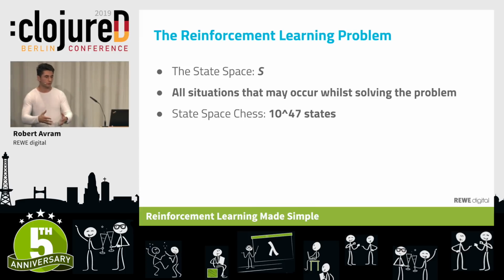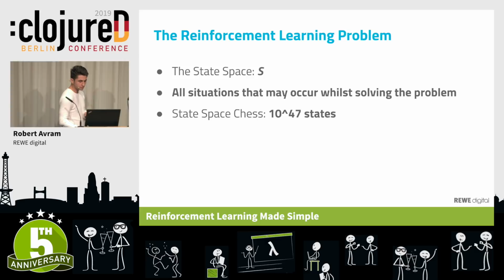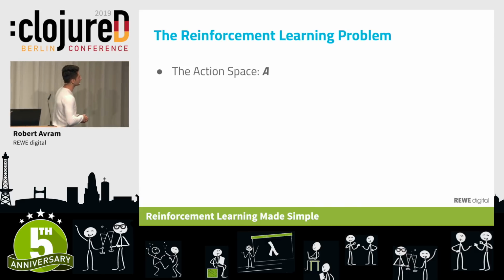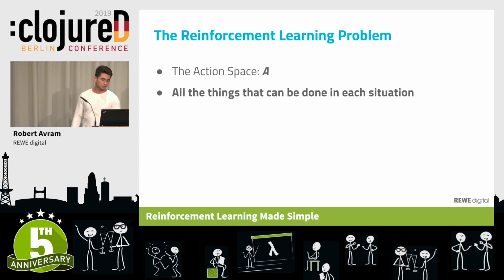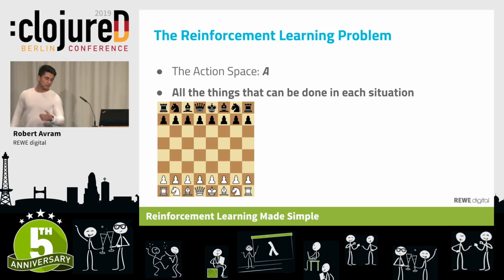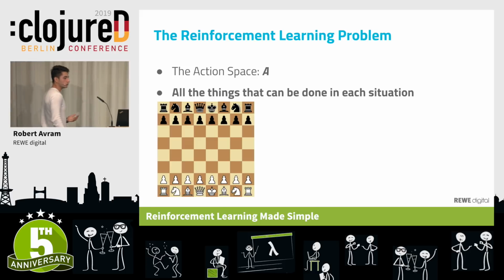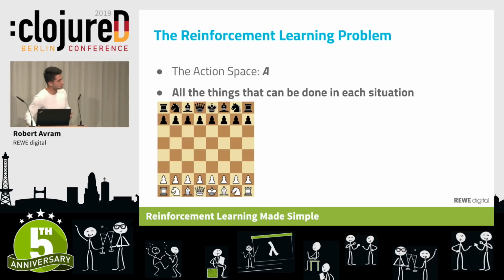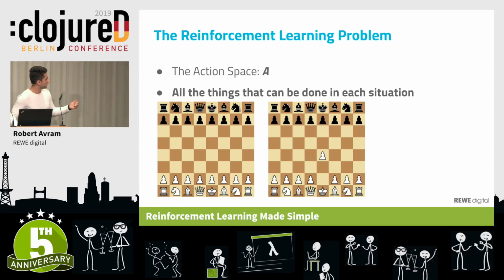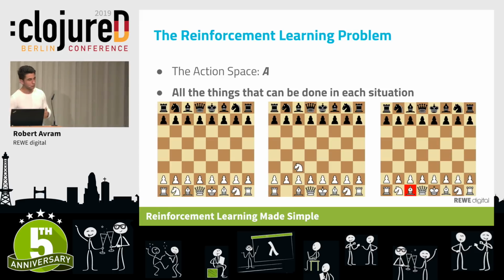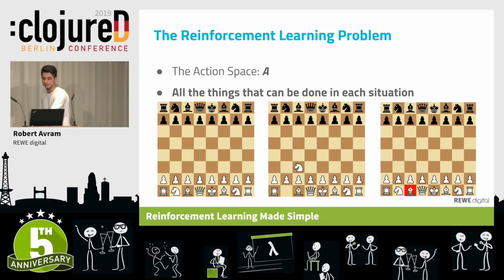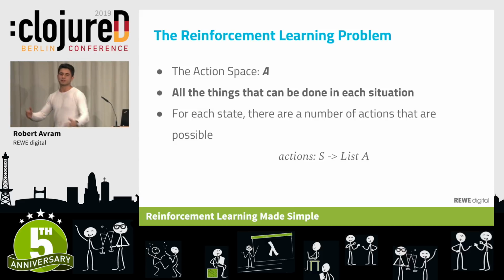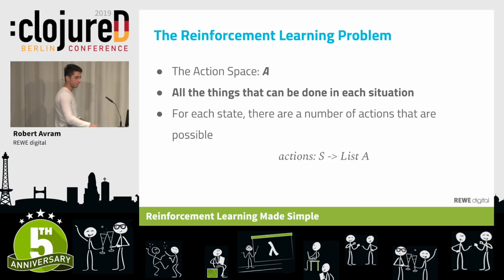There's a small problem that he has to solve in order to get to the next one until he solves the game. Now, the next quantity is the so-called action space. These are basically the things that the agent is allowed to do in each individual situation. And these are unique to each individual situation. So, for example, in chess, if I were to be given this board, the rules of chess tell me that there are only a certain amount of pieces I'm allowed to move in this position. I can either move pawns, or I can either move knights, but I can't move bishops or queens or rooks or any other piece. But in other positions, I may very well be. So you can think about this action space as sort of like a function. If you give me a state, I can tell you what actions you can do in that state.